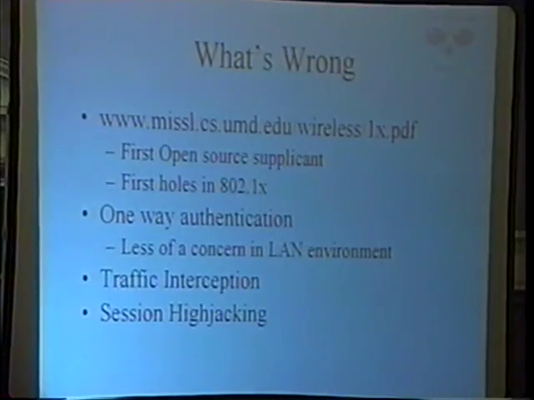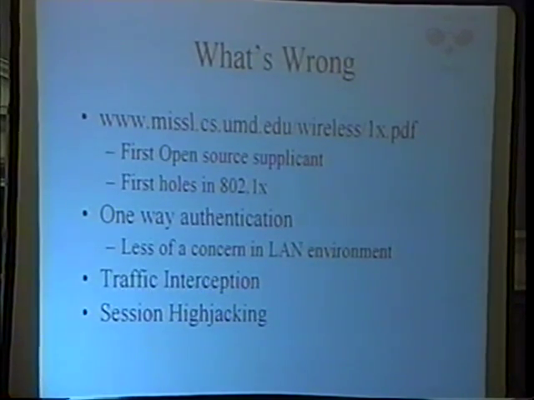All right, so now we get to the good stuff. What's wrong? The guys at the University of Maryland came up with not only holes in 802.1x and various problems with it, but they also wrote the open source supplicant and, as far as I know, the only open source authenticator out there. So you can download their supplicant, install it in your OpenBSD box. You can download their authenticator, install it on your Linux box running host AP, and then download FreeRadius, which understands a couple EAP methods, including EAP MD5 and EAP TLS. And look, you have a completely open source 802.1x network. So for that, I'm very grateful.